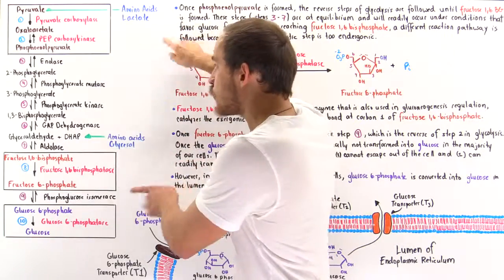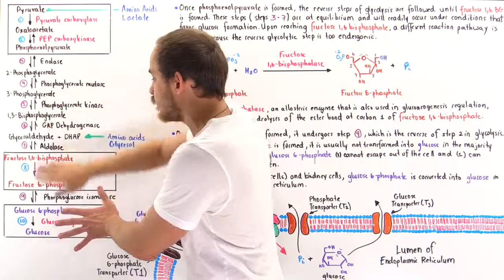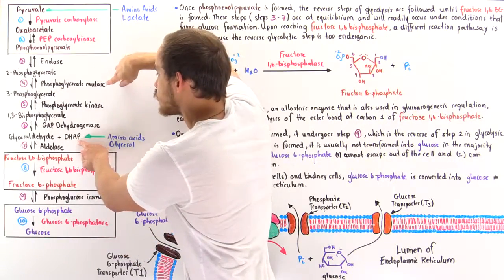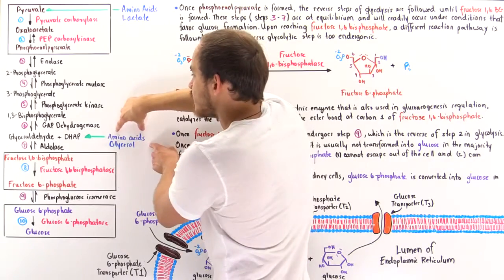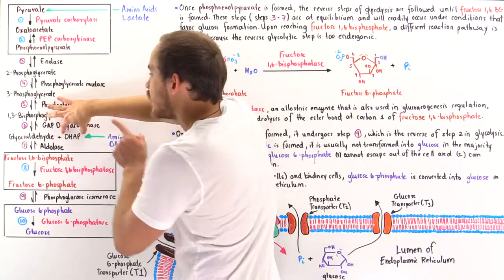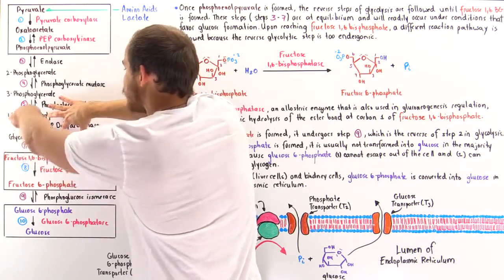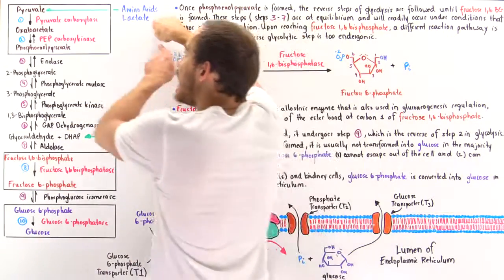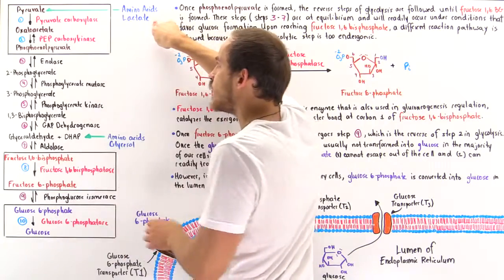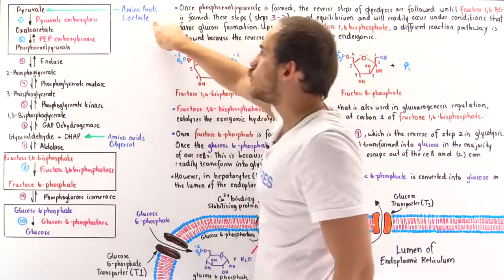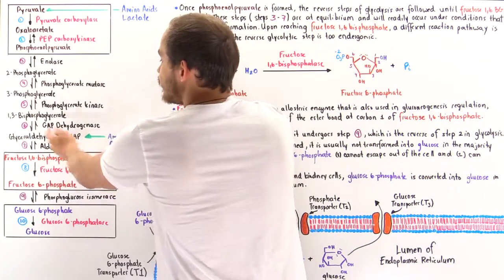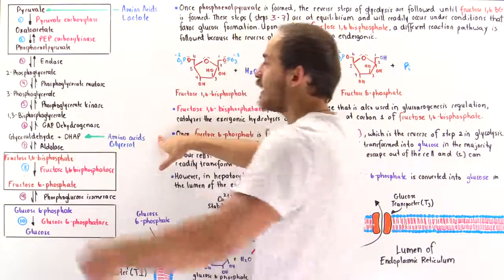And they enter the process of gluconeogenesis to form glucose as either this molecule or this molecule. So for instance, if the amino acid is transformed into this, then it combines with the glyceraldehyde to go on to form that glucose. In the case of lactate, it is transformed into pyruvate before it enters the gluconeogenesis cycle, and glycerol is transformed into the DHAP, dihydroxy